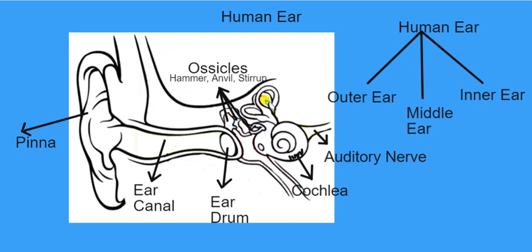Apart from these parts, human ear has another function as well. It helps us to maintain balance of the human body. In the inner ear, there are three lobe-like structures which are known as semicircular canals or semicircular tubes. The function of semicircular canal is to maintain balance of the human body. Semicircular canals are also filled with fluid. When a movement in the body takes place, this fluid also moves, which helps to maintain the balance of the human body.